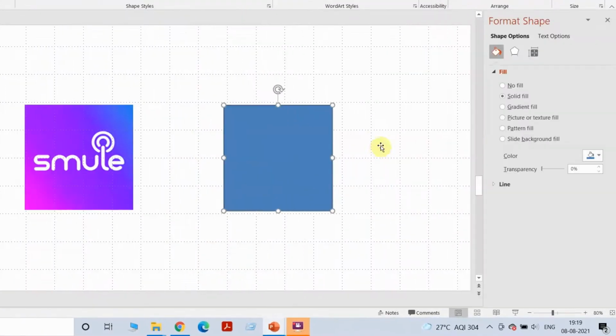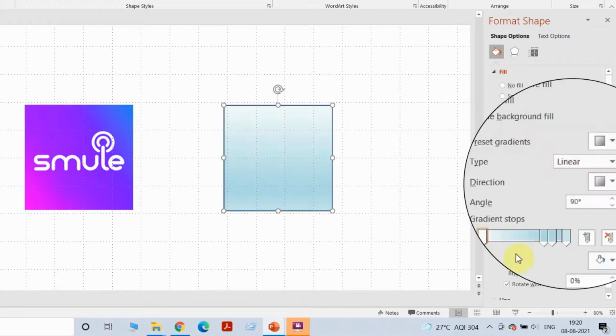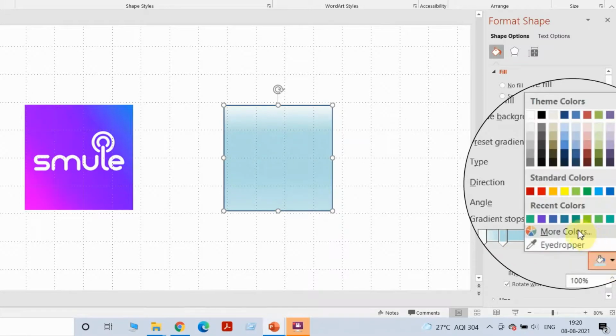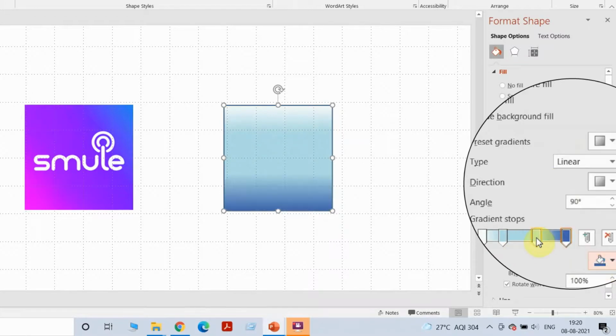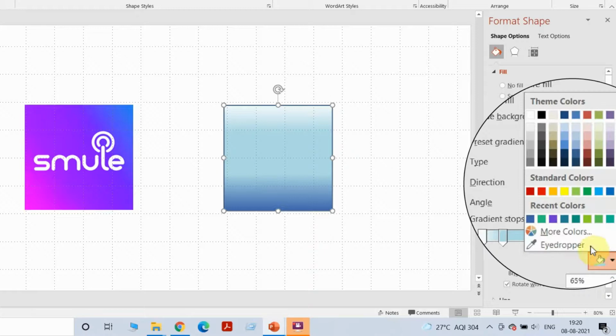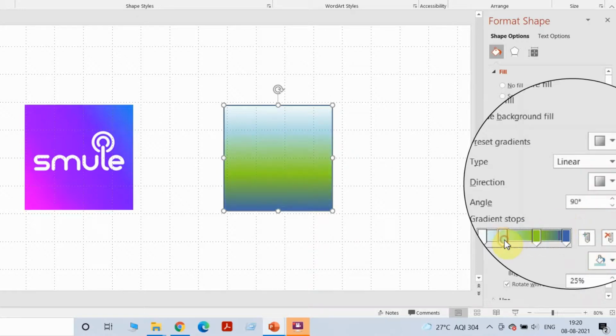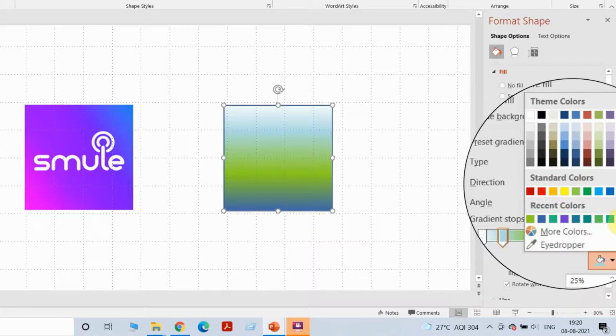So we are going to go to gradient. So these 4 bars that you see, they actually define the colors that are there in the box. So there are 4 colors right now. I'm going to choose random colors just to show you how it flows. So obviously you have to think and plan in terms of what colors you want merging into each other, which will look nicer, but I'm taking 4 random colors right now.